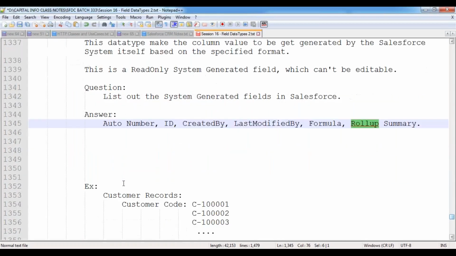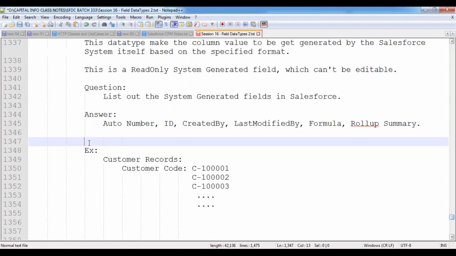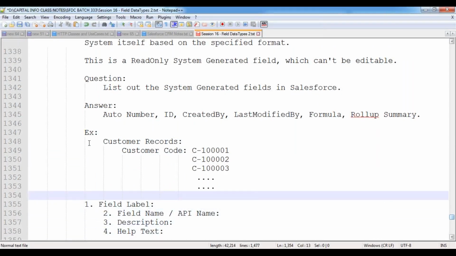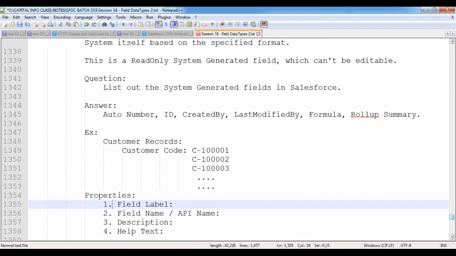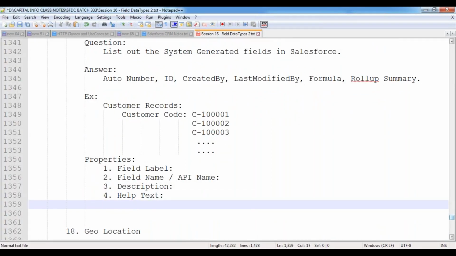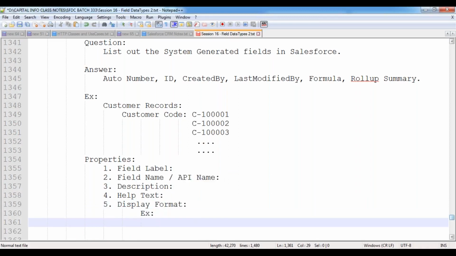Now, as part of this auto number, what are the various properties available? As usual, the first 4 properties are common. The 5th property is display format. In this display format property, we have to indicate the format in which you want me